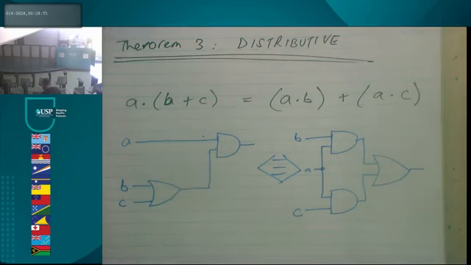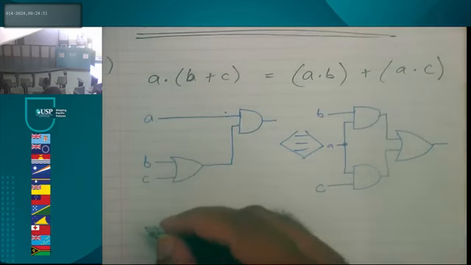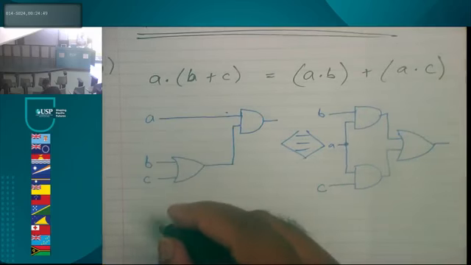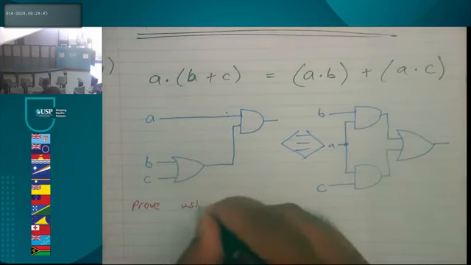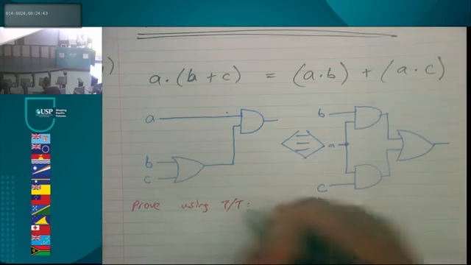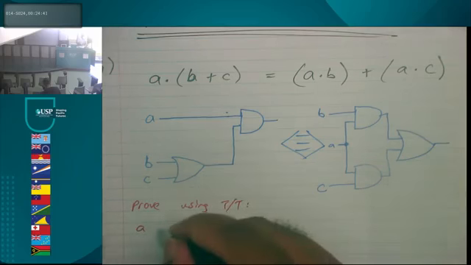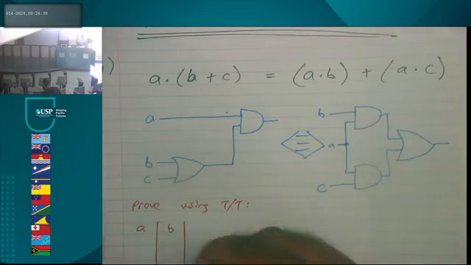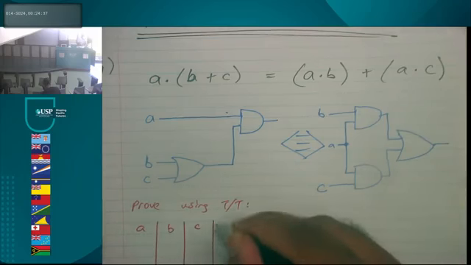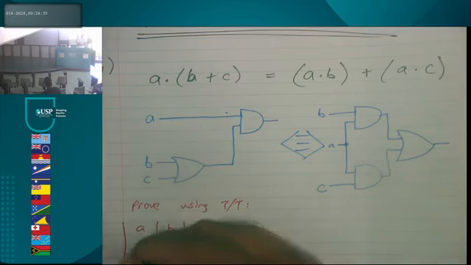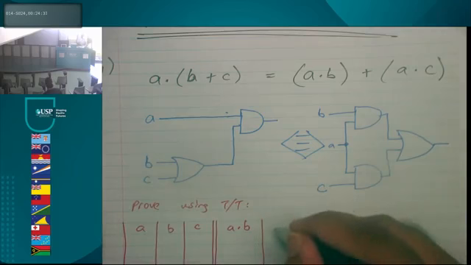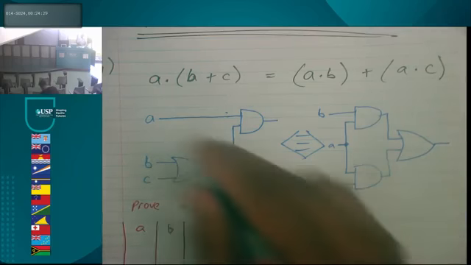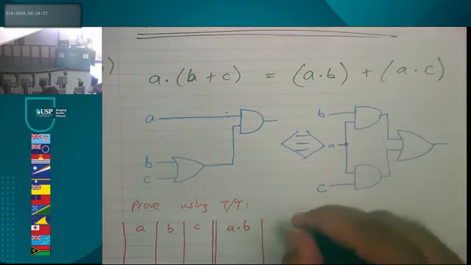So I want you to prove this. I'm going to draw the table headers which you would need to fill. Prove using a truth table. So you have A, B, C, A and B, right? A and B,